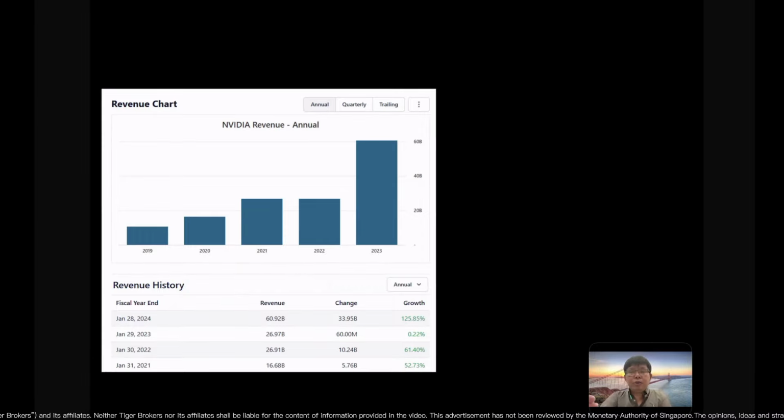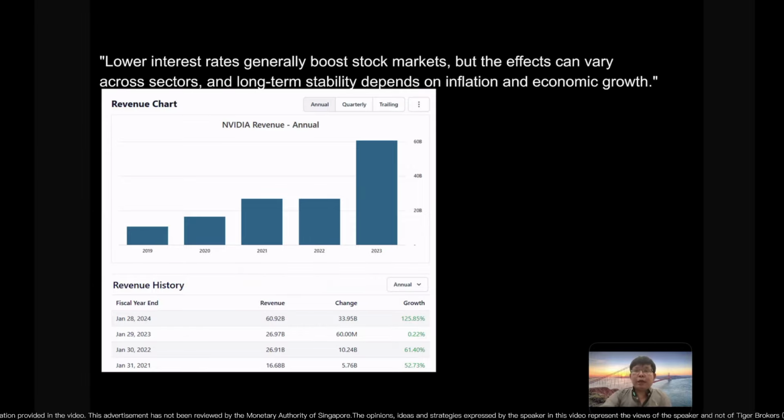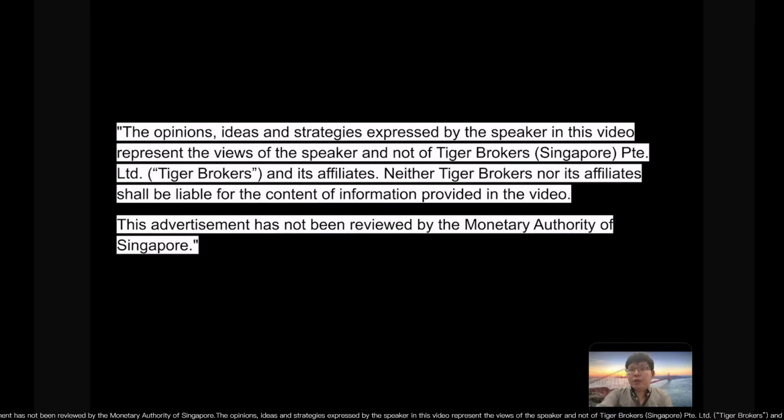Okay, so we also can see the annual revenue. Sometimes if the company is good, they wouldn't be affected so much by interest rate, but by their own revenue. As we see, Nvidia keeps on going up because they actually have good revenue, meeting estimates year by year. So it's not so affected by interest rate. But effects can be different by sector. So long-term stability also depends on the company itself, and other factors like inflation or the economy.